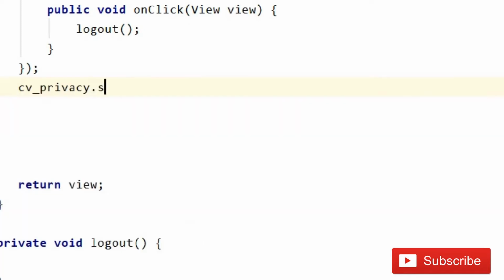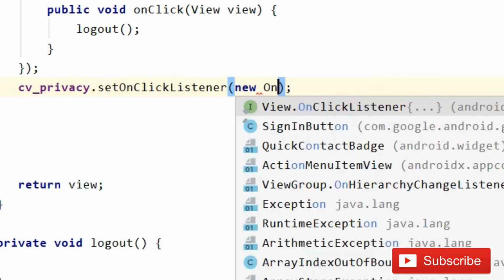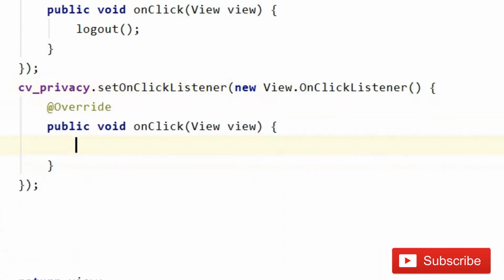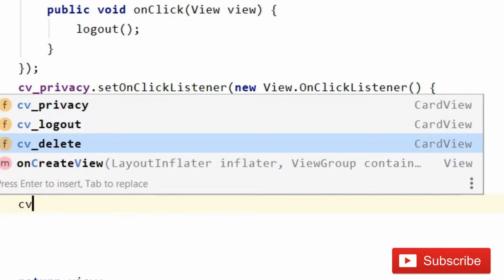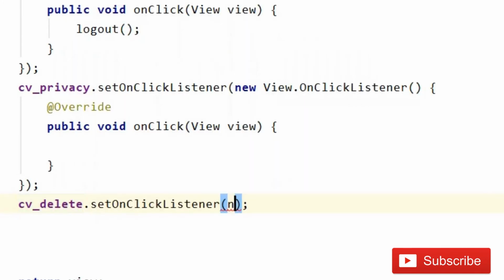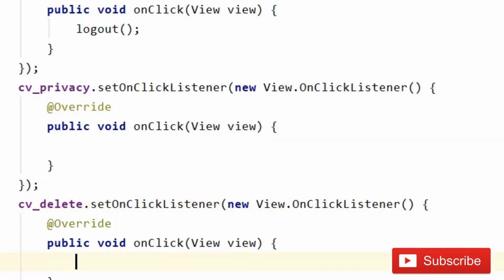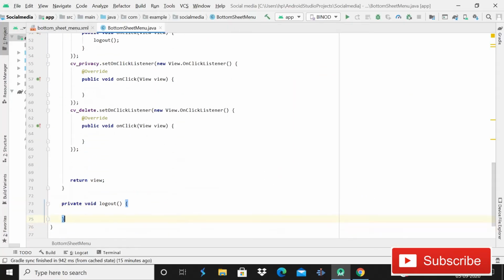privacy, fine, set on click listener method, new, on click listener method. So guys, here we will use the intent and we will go to a next activity, so we can leave it for now, and then after this you can simply write cv delete dot set on click listener method, new, on click listener method, fine. So now you can see that we have implemented all the three card views. So now after this we will code in this